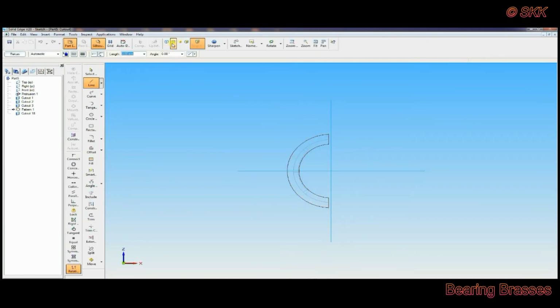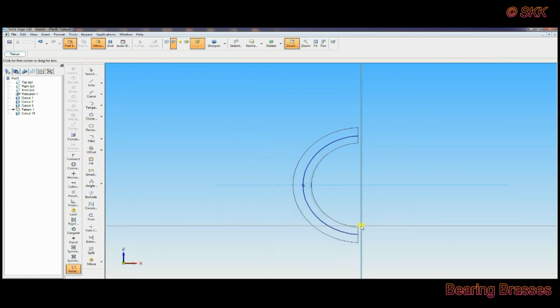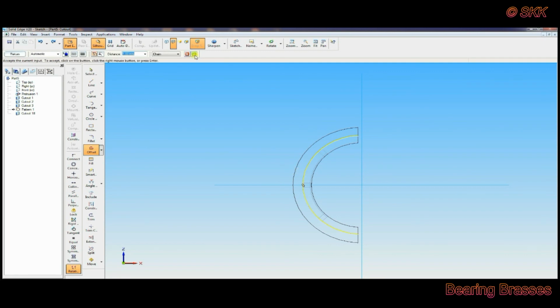Cutout, select front view, wireframe visible mode, and include, okay, select that circle, offset distance you have to give 1 mm here, 1, enter, move the cursor in inward direction. One more time, select that line, 1, okay, inward direction like this.